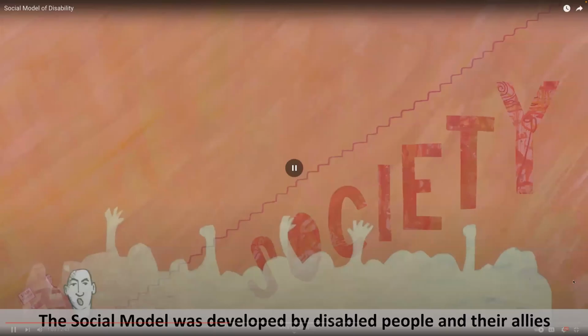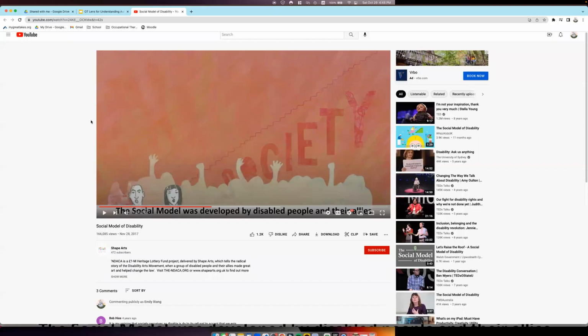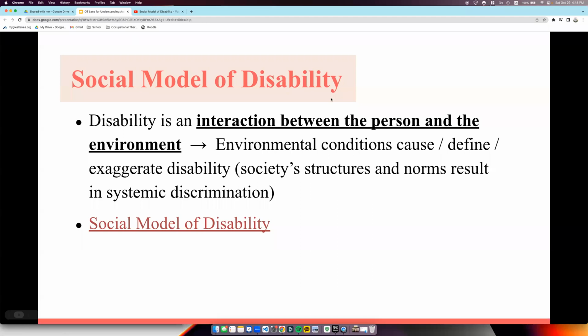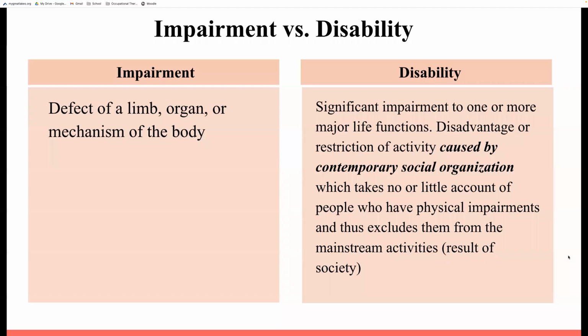The social model. Super short, but they were just reiterating what I was saying, that disability isn't due to their impairments, it's due to society. So in the next slide, we'll be going into